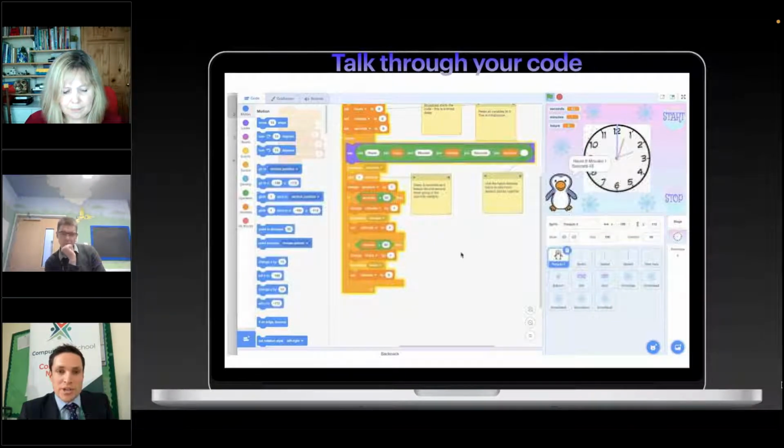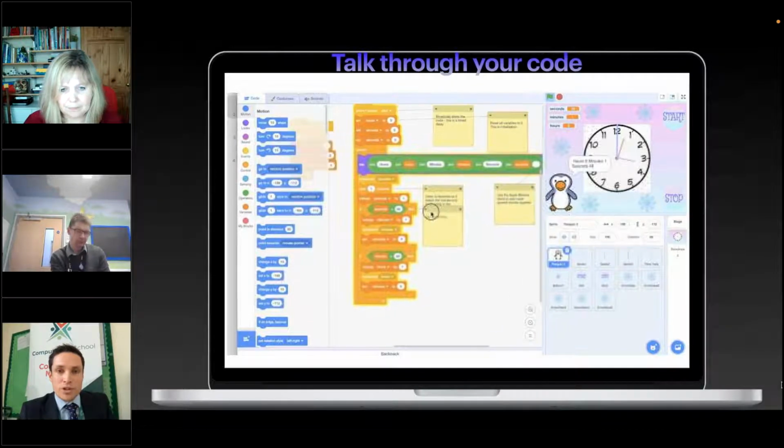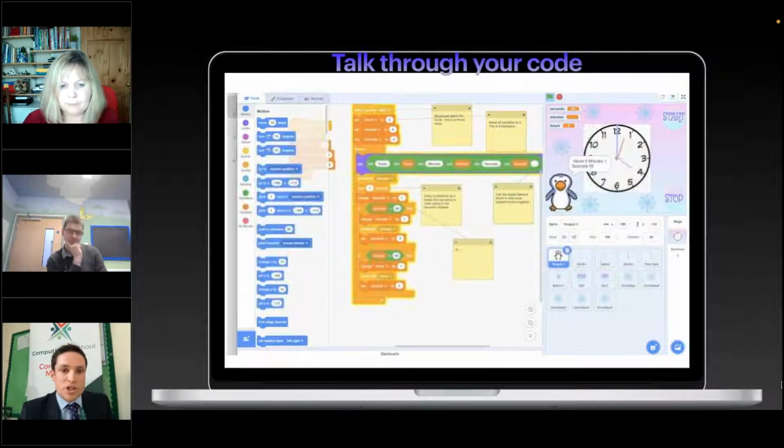This is a really, really lovely starting point. Or you can do this at some point throughout a project when pupils are maybe stuck, maybe in the middle of a battle to try and work out where they're going next with their code. Let's just stop, let's take a break, and let's work out what you've accomplished so far.